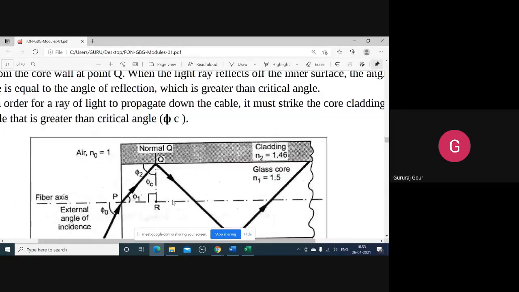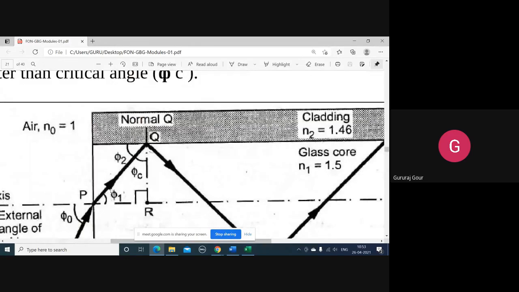If you look at this triangle, this ray PQ will indicate the ray that is traversing in the glass core having index n1. So take it as n1. I will take PQ as n1. Why am I taking PQ as n1? Because PQ will indicate the path of the ray of light in the glass core that has the refractive index n1. So I will take PQ as n1 and PR.